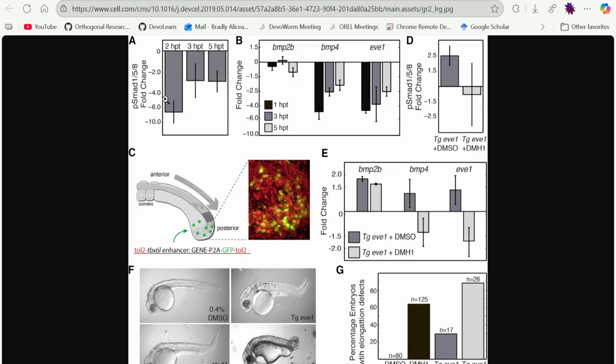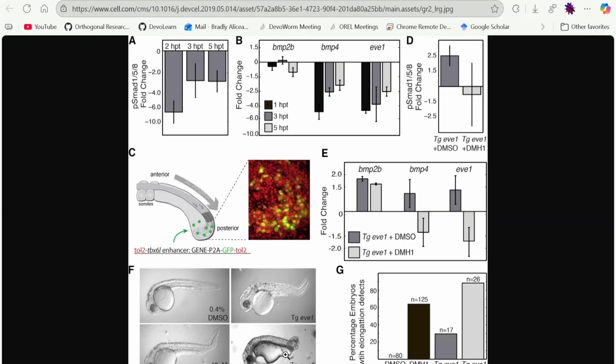So this just shows some of the changes in some of these biomolecular factors and how they assay them. They're looking at the expression of different things at the tail bud. And this just shows the different treatments here. So they have this administration of DMH1 and DMSO, and then EVE1. So you see that it's a transgenic EVE1. So I think they're overexpressing EVE1 here. And then this is a vehicle, I guess, DMSO. And then DMH1 is the perturbation.